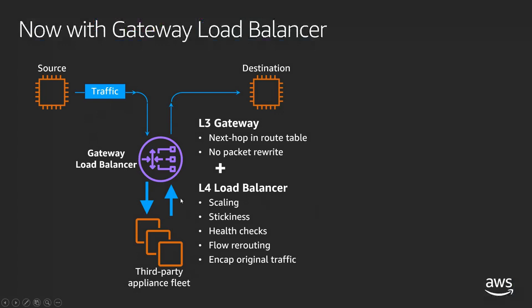So it is just sitting in the path, and it is ensuring that they are running in a highly available fashion. This will perform health checks, it will take care of stickiness, it will take care of flow routing. This whole thing will be taken care of by my gateway load balancer. So this is sitting in the path. This will take care of L3 forwarding, and L4 forwarding will be taken care of by your backend third party services. So that is what this load balancer is all about.